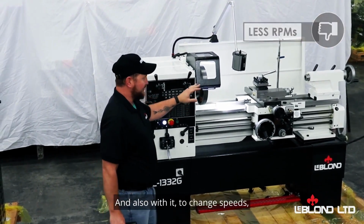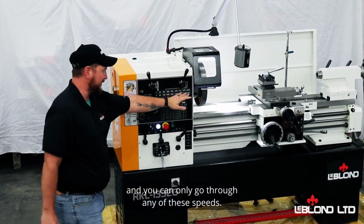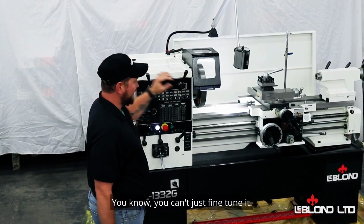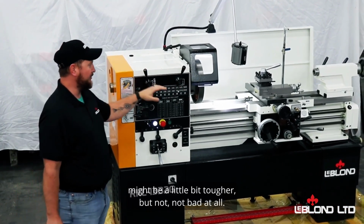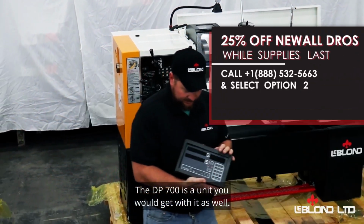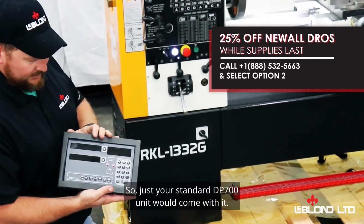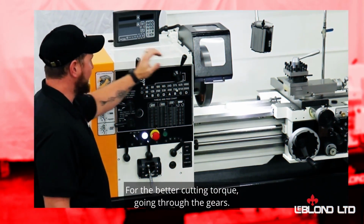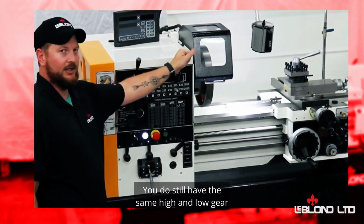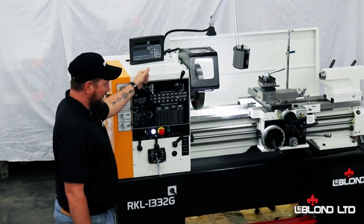And also with it, to change speeds, you've got to stop the machine, and you can only go through any of these speeds. You can't just fine tune it. So trying to maybe find that finish might be a little bit tougher, but not bad at all. Great cutting machine. The DP700 is the unit you would get with it as well. It doesn't have the drive system talk with the variable speed and all that, so just your standard DP700 unit would come with it. But the better cutting torque, going through the gears, you do still have the same high and low gear inside the headstock as you do with the EVS, but just a